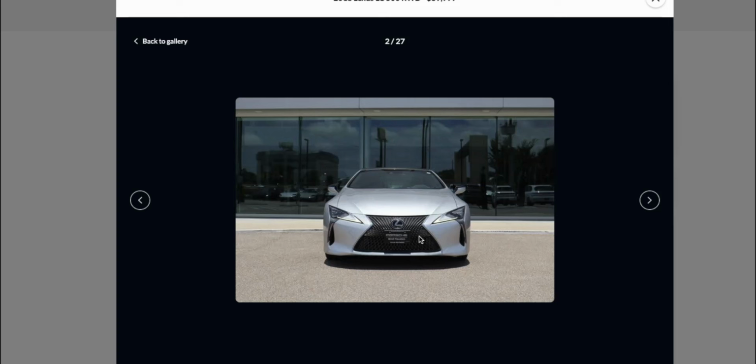I don't even want to speculate on what it is, right? It could be anything from they resprayed the front of this grill, or bumper rather. They resprayed the front bumper to make sure that it got the best appearance possible, which we see several owners, private owners, do this just because, you know,